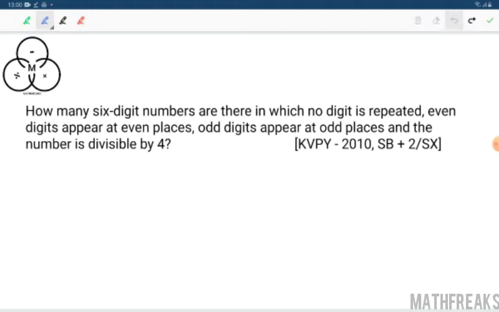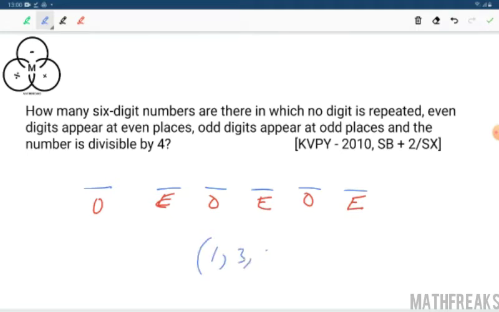Let the 6 places be written as 1, 2, 3, 4, 5, 6. This is odd position, this is odd position, this is odd position, this is even, this is even, this is even. What are the odd values, such that the number should be divisible by 4? That we have to keep in mind. We have 1, 3, 5, 7, 9. And even values are